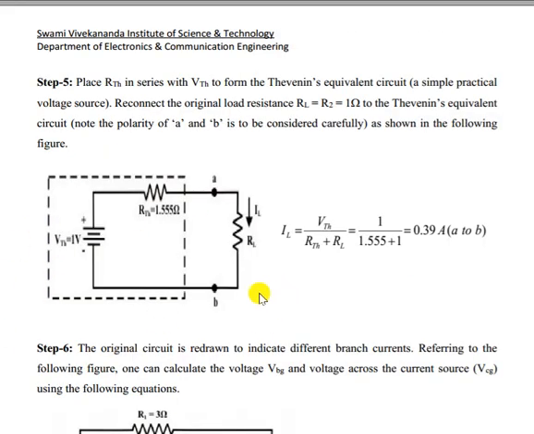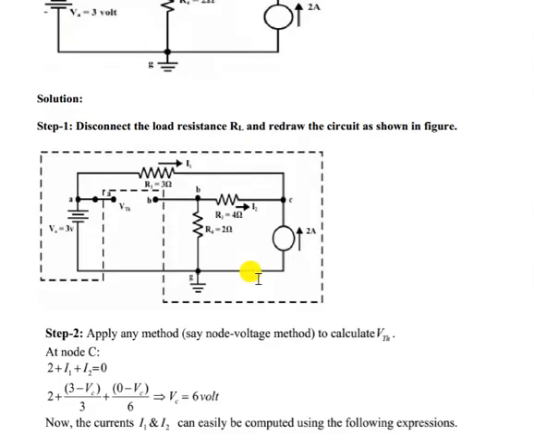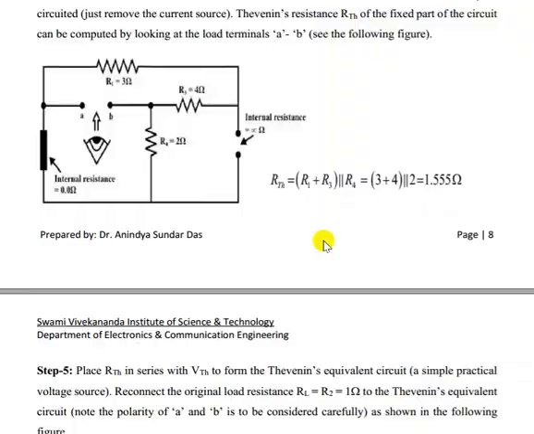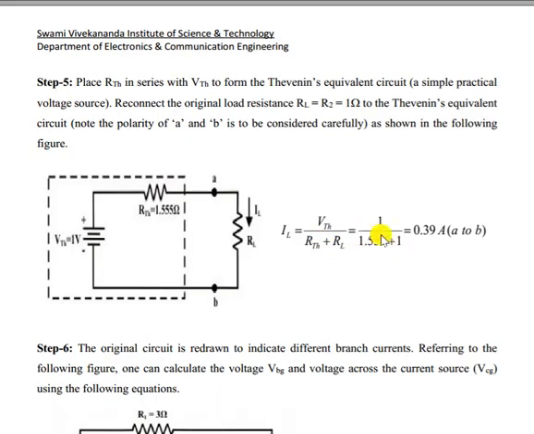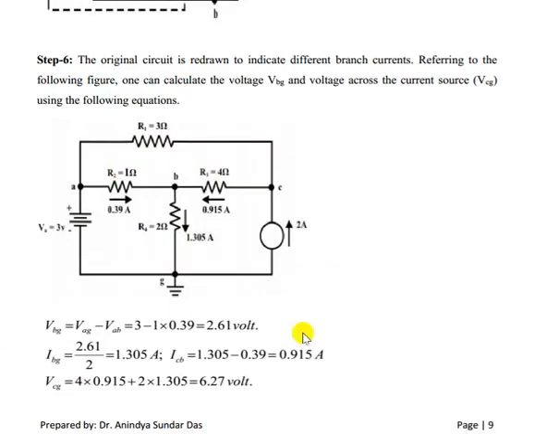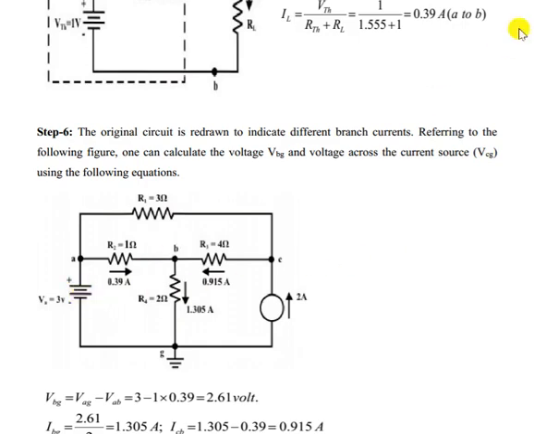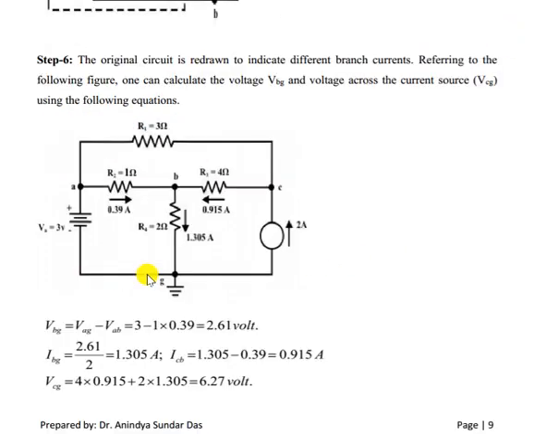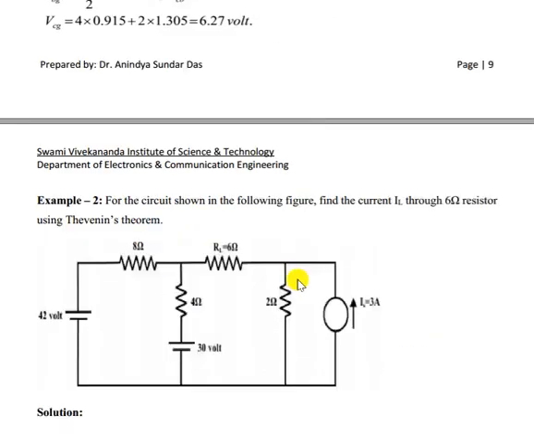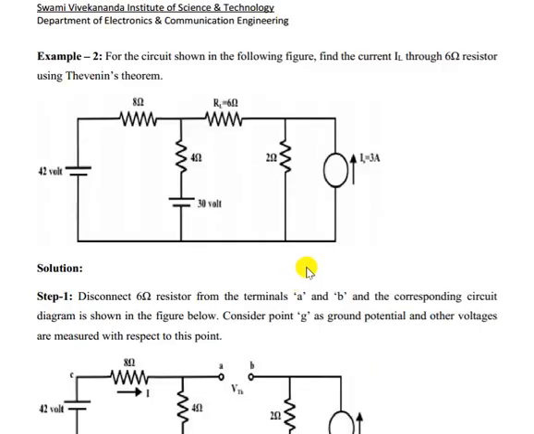Now we can draw the equivalent circuit: VTH, RTH and RL. Now we can find out the value of IL. Okay. RL is given as 1 ohm. So just putting RTH, RL, we can find out IL. Now we can analyze the circuit once again to find out the current through this. So this is the current value that is showing, IL 0.39, and the other parameters you can find out once again. Okay. Now let us take the second example.